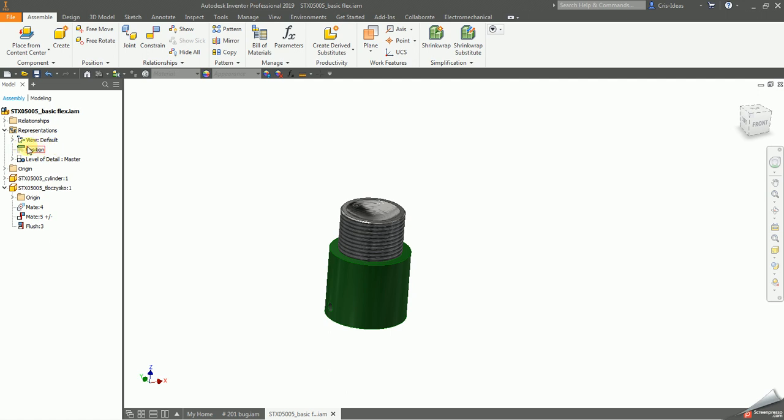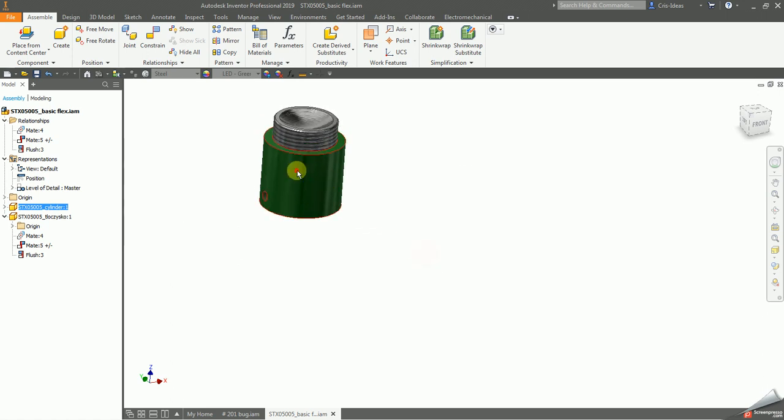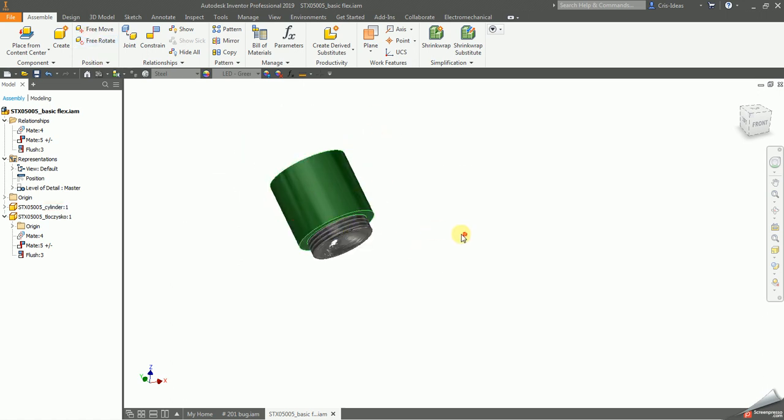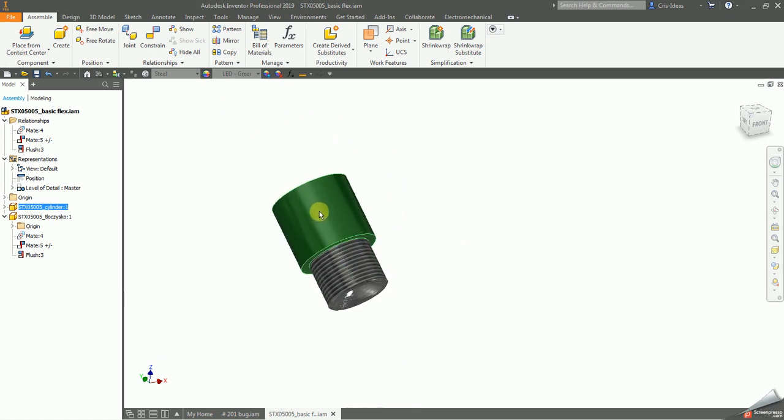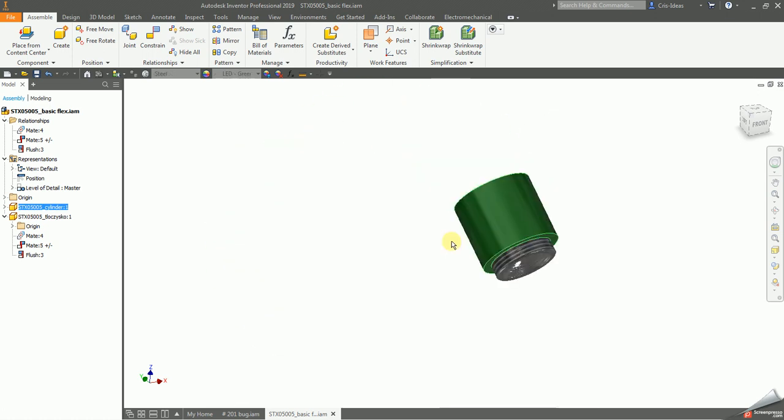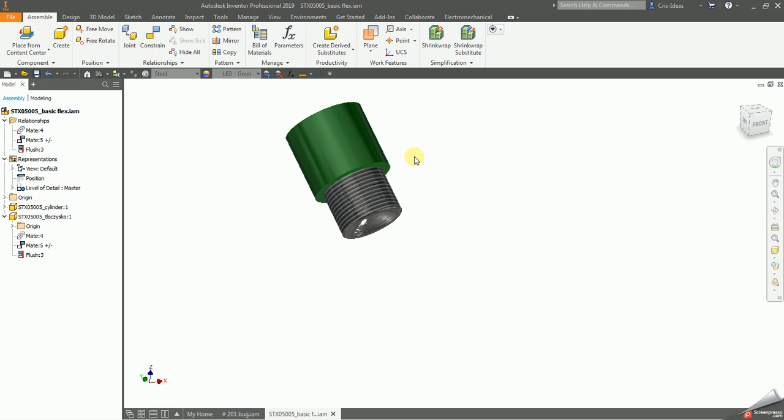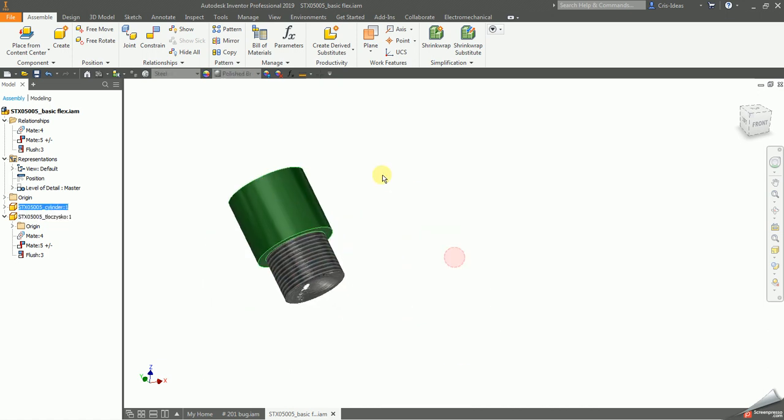We have only the master positional representation and the component is ungrounded, and the only relationships in this subassembly are defined between the parts. So these parts are free to move. I can freely rotate the cylinder, and as you can see, the relationships between components are still valid, are still being followed within the jack assembly, but the components are allowed to fly around anywhere they want. So there is no grounded status, and the components are not in any way positioned in relation to the assembly itself. I will now save it,